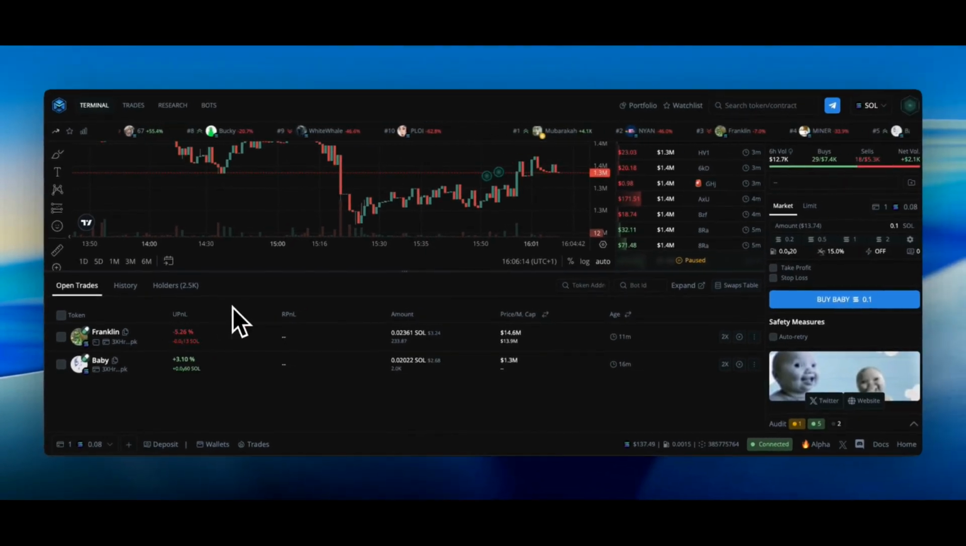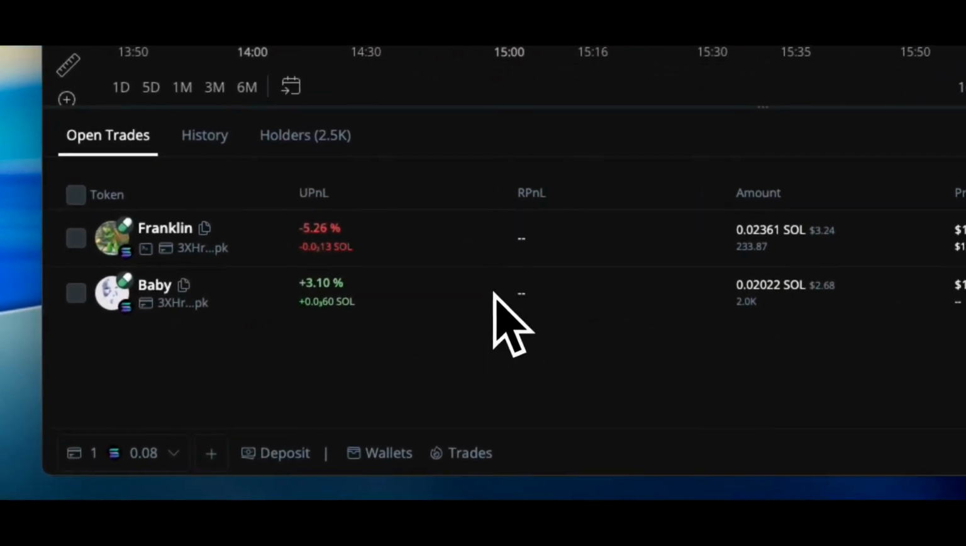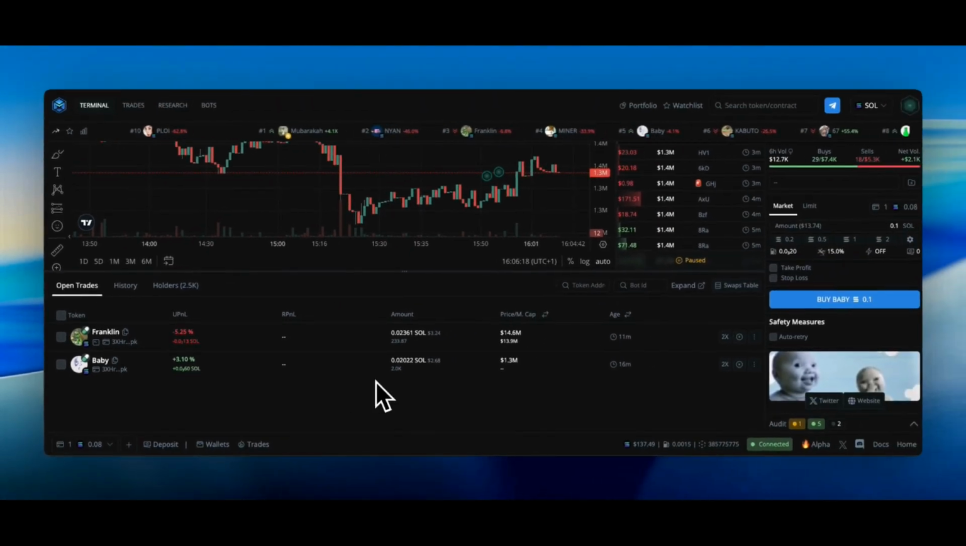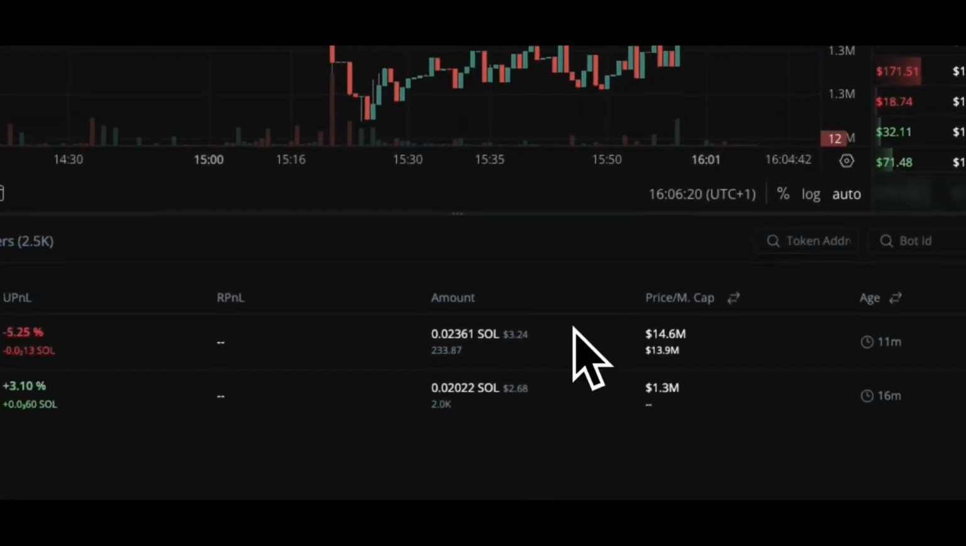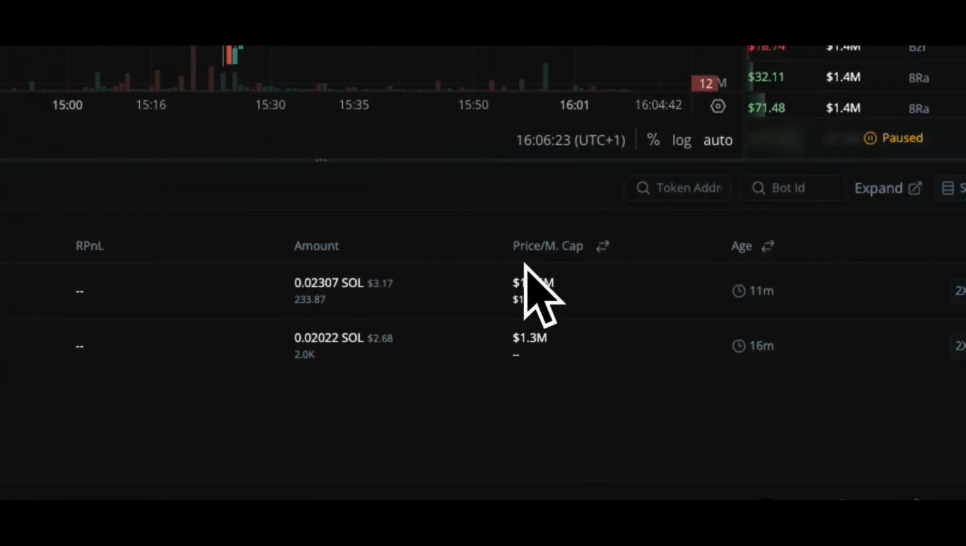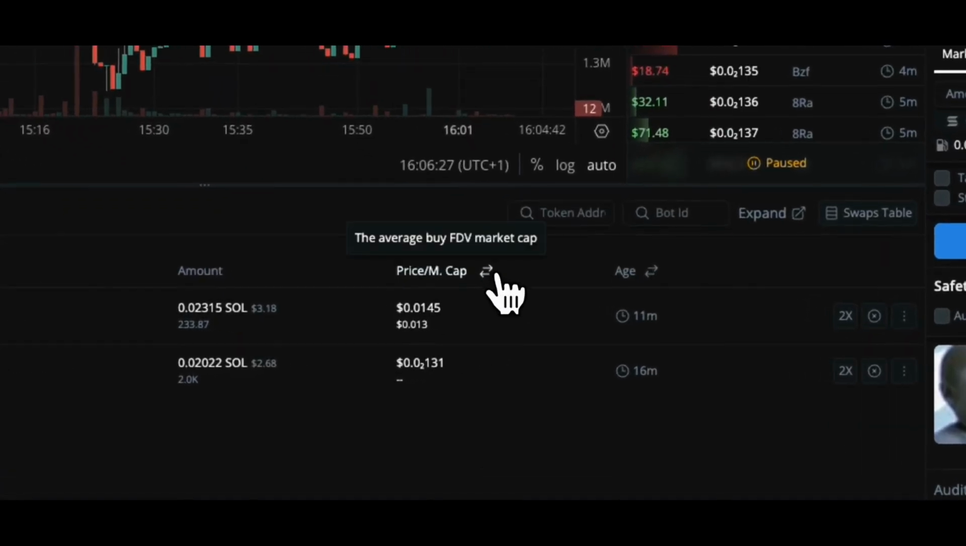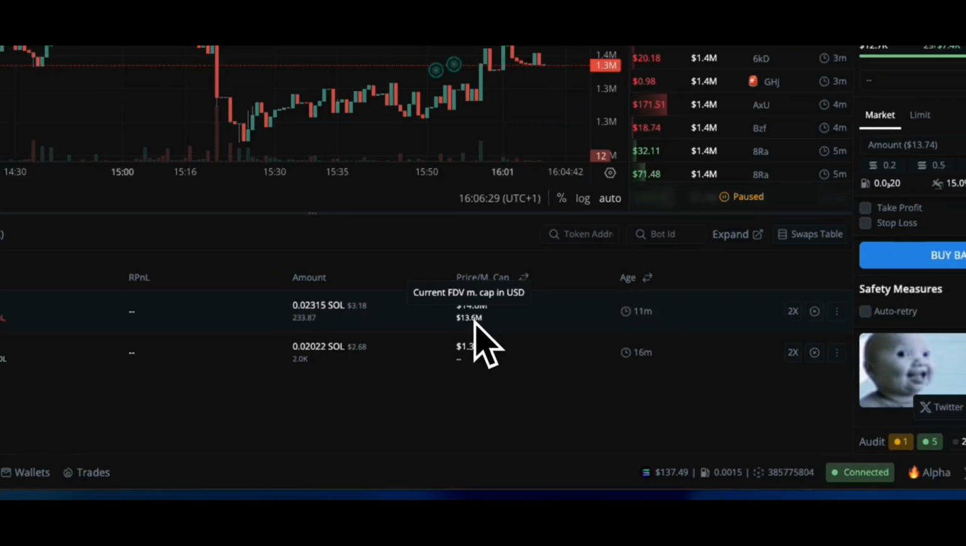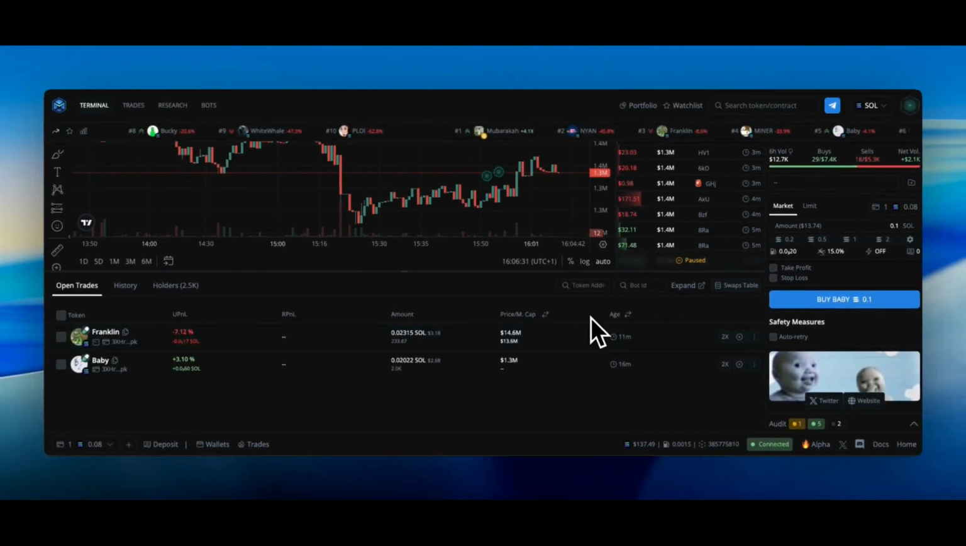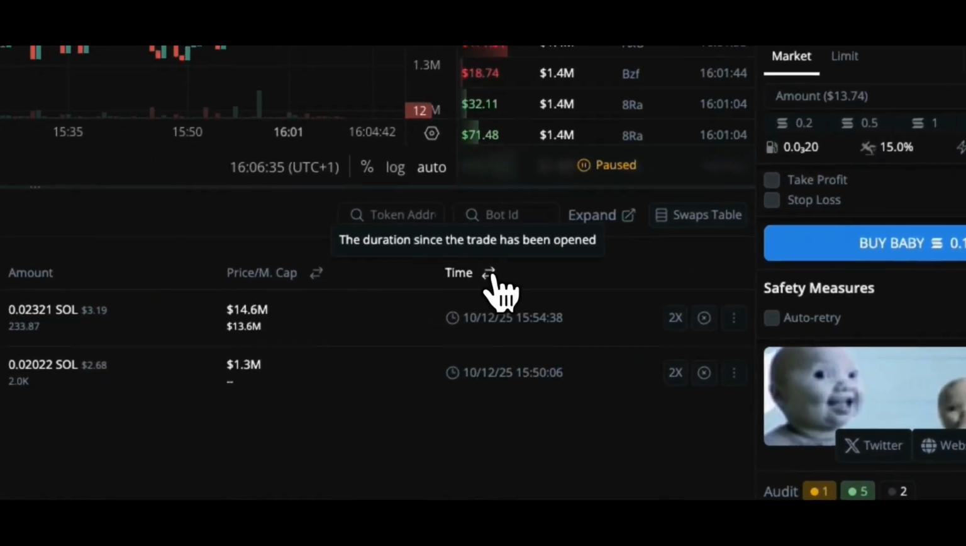The realized P&L, if you already partially sold part of this trade. The amount originally bought and its value in dollars, and the number of tokens. Here, the price or market cap at which you bought and the current one. You can switch from price to market cap by clicking here. Here is the age, meaning how long you've been holding, or you can switch it to the timestamp when you